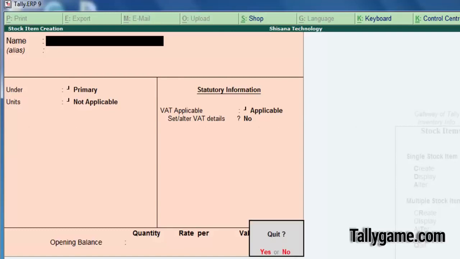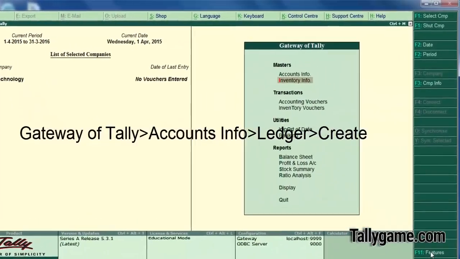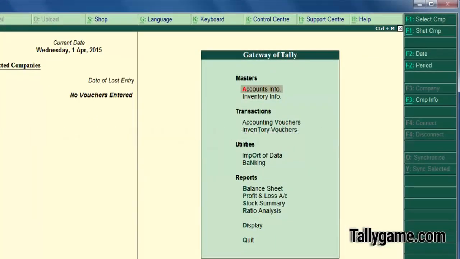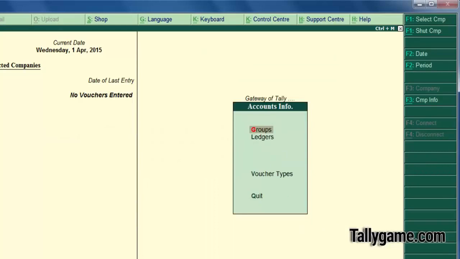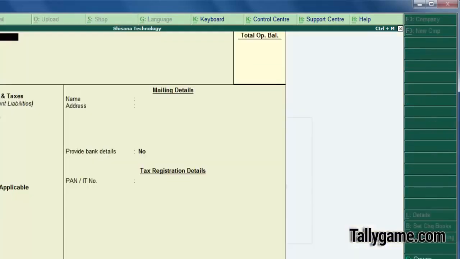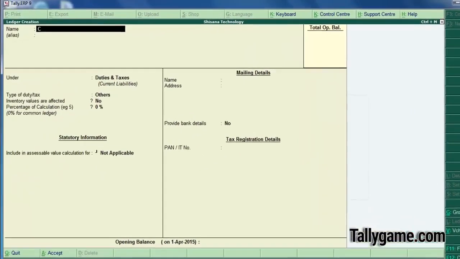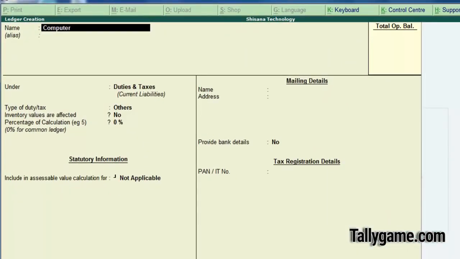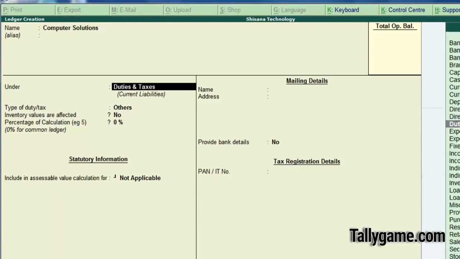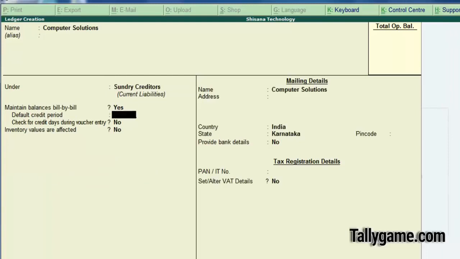Now let's create the party ledger. Let's create a supplier's ledger, Computer Solution. Sundry creditor is the supplier, and default credit period.